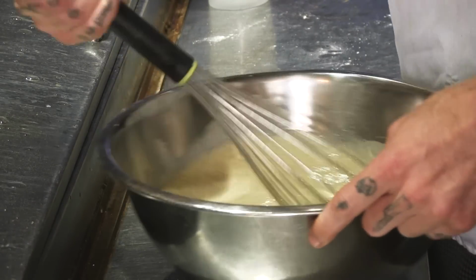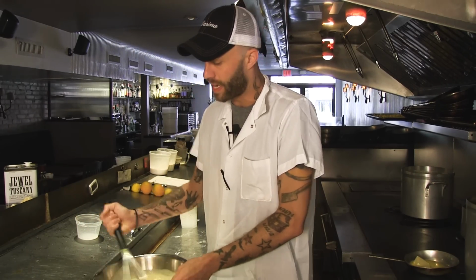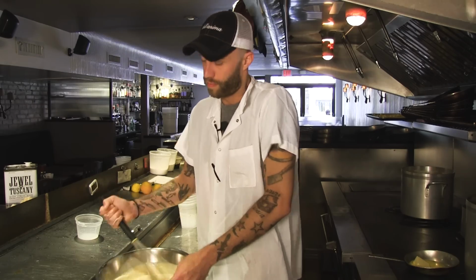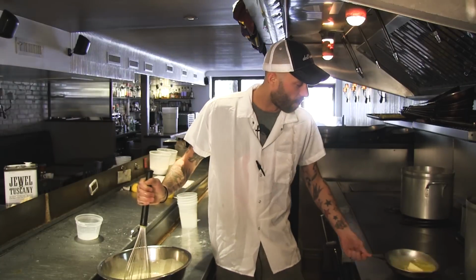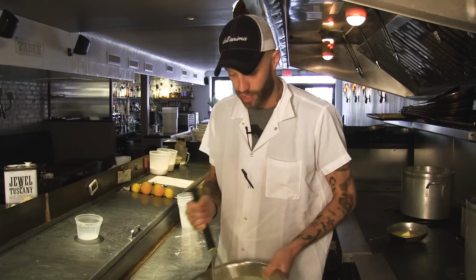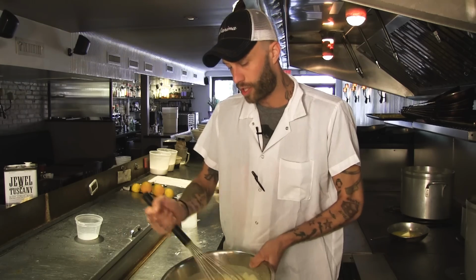The reason we use milk and heavy cream is to keep it thick with the heavy cream, and it makes it lighter after you whisk it. And the milk, just love milk. So now that our butter is almost melted, we have this, a nice base for our French toast. We're gonna start on our